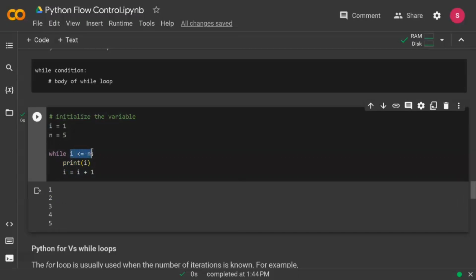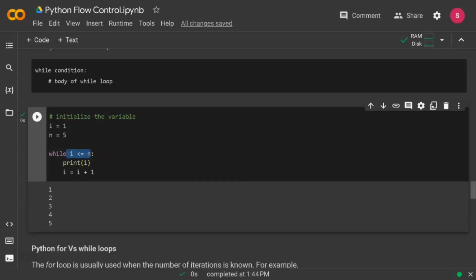Now 3 is less than 5, it gets printed and then it is incremented to 4. 4 is less than or equal to 5, it gets printed and then it is incremented to 5. 5 is also less than or equal to 5, so it gets printed and i is now 6. Now 6 is not less than or equal to 5, the while condition is not true, therefore